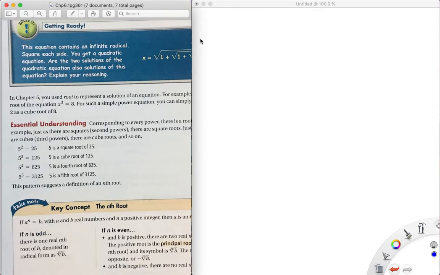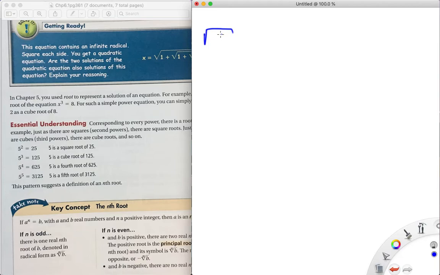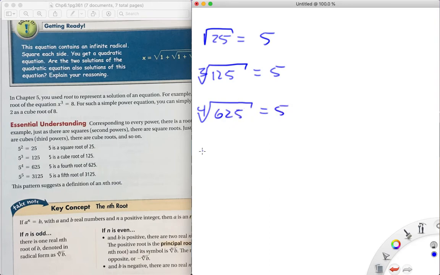if I do the opposite and say the square root, I would get 5. If I do this and call that the cube root, I get 5. If I do this, I get 5. And if I do this, 3125, that's the fifth root. I get 5. Meaning